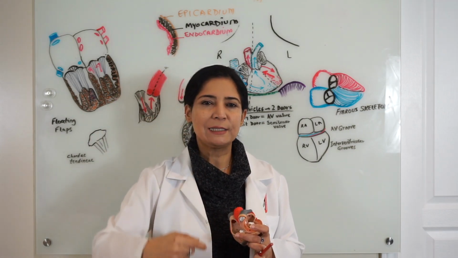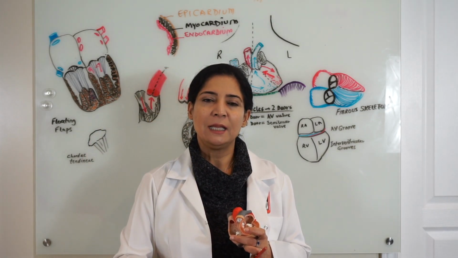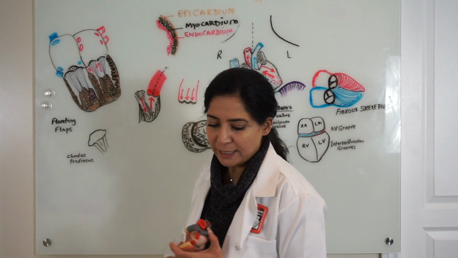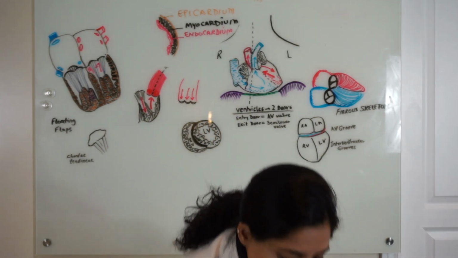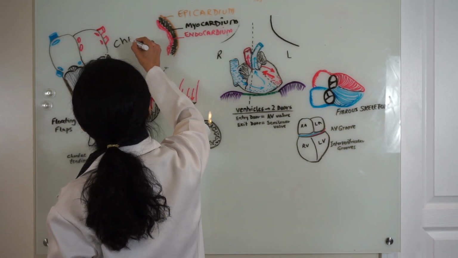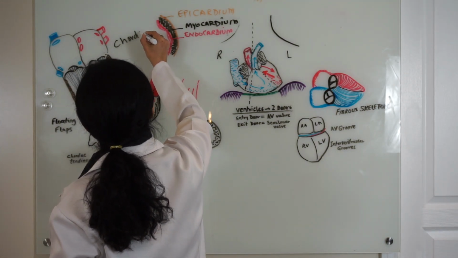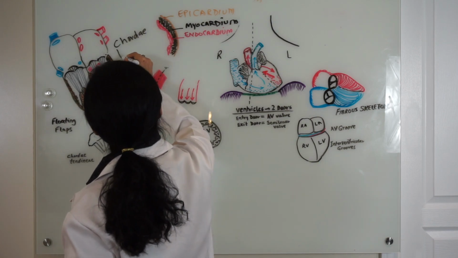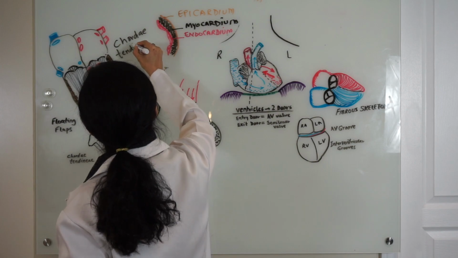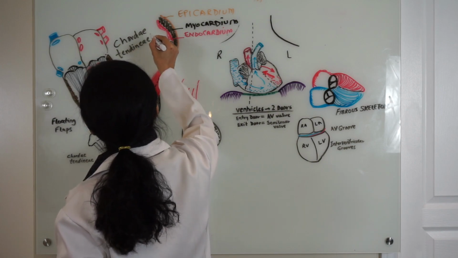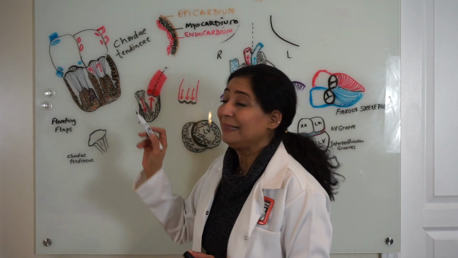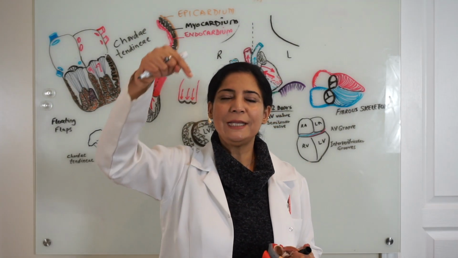They are like threads, stretchable threads, and they're known as chordae tendineae. They are tendinous cords. So we have these thread-like structures. These threads, or chordae tendineae,